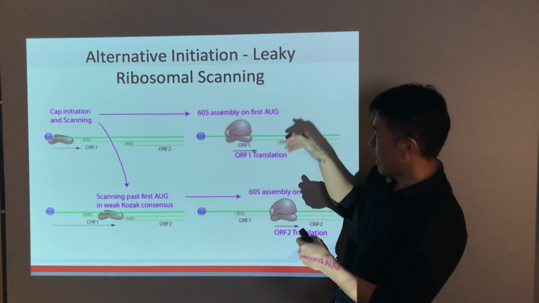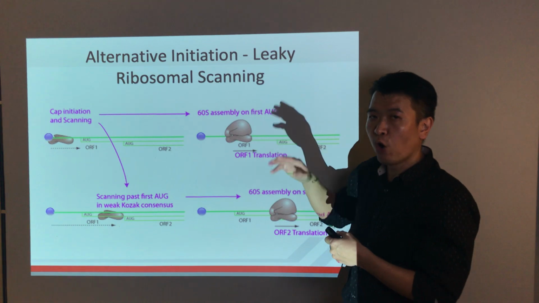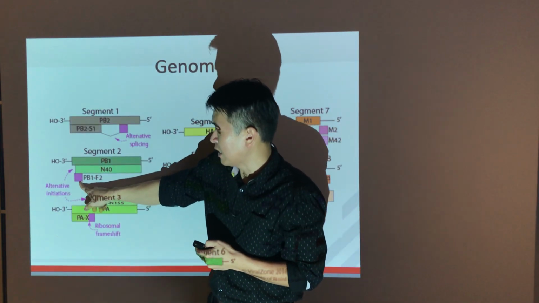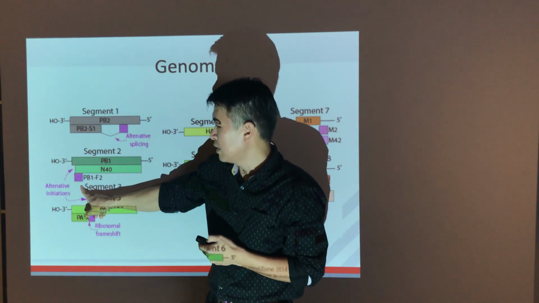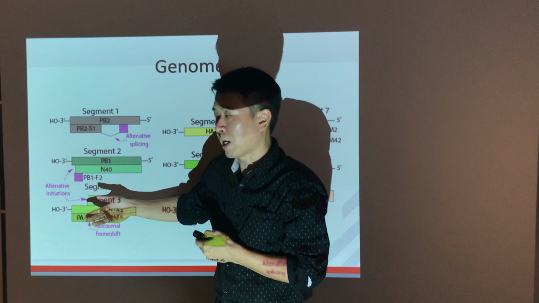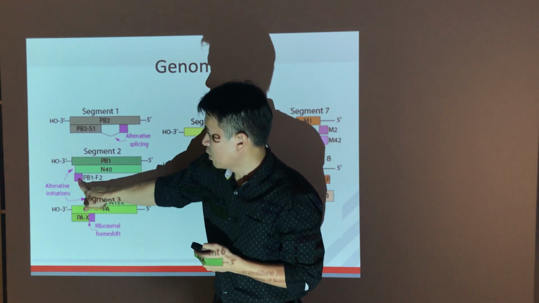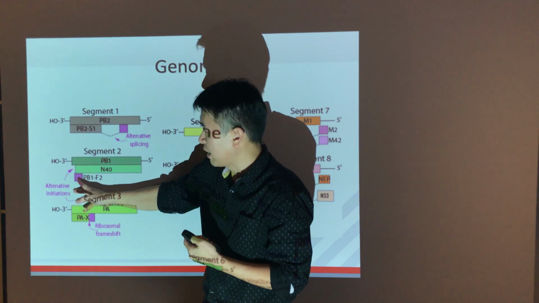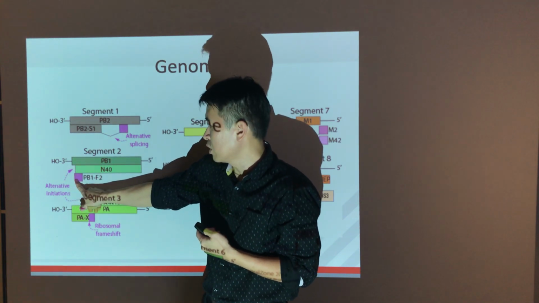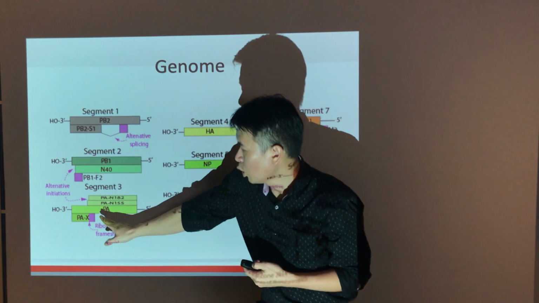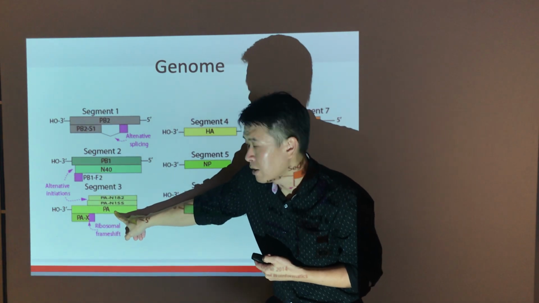Like I mentioned earlier, the ORF can be in the same reading frame or in a different reading frame. And over here, we can see there's this PB1F2, which uses a different reading frame, right? So this particular protein has no similarity or identical amino acid sequence compared to PB1 or N40. Whereas for PA, we have